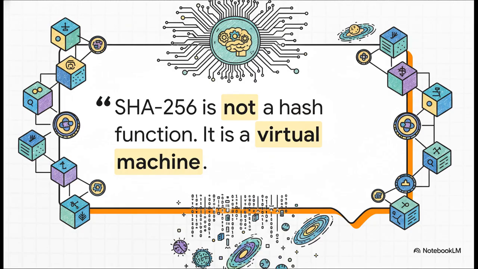Now, you've probably heard of SHA-256. It's a cryptographic function, right? It's the kind of thing that secures transactions for currencies like Bitcoin. But this framework says, no, it's way more than that. It's actually a blueprint for a universal virtual machine, a model for how reality runs its most basic operations.